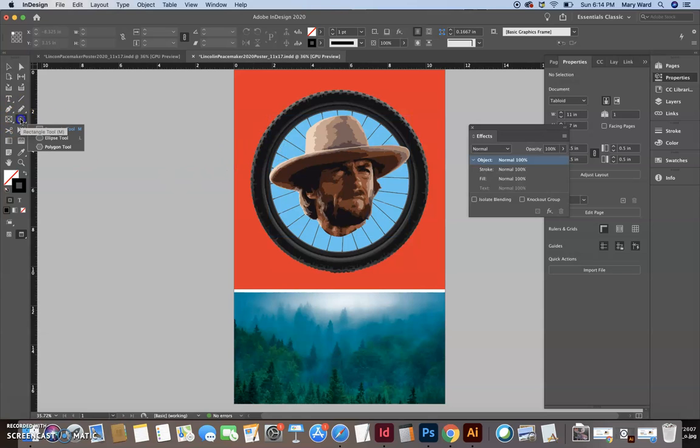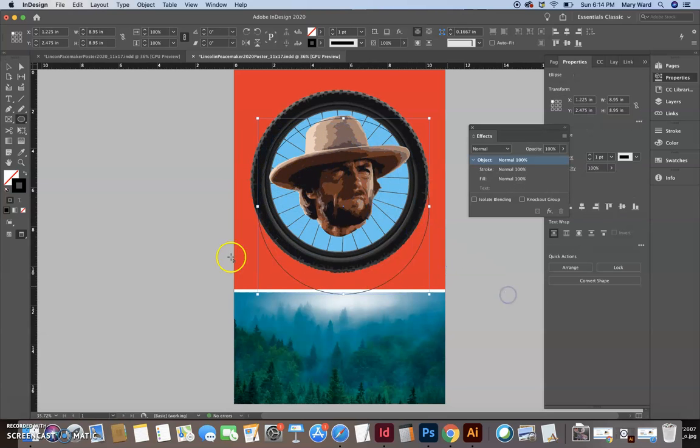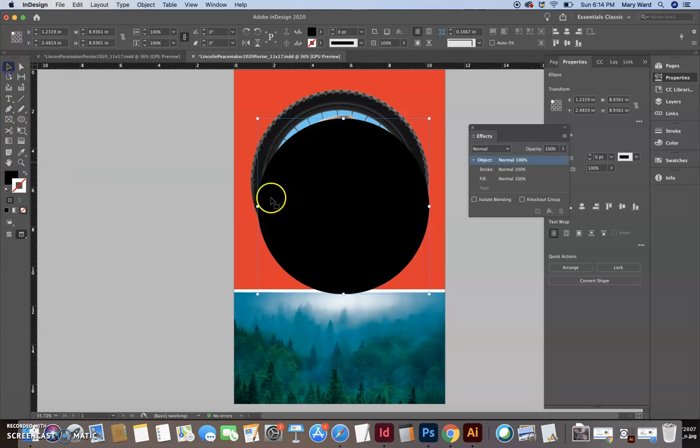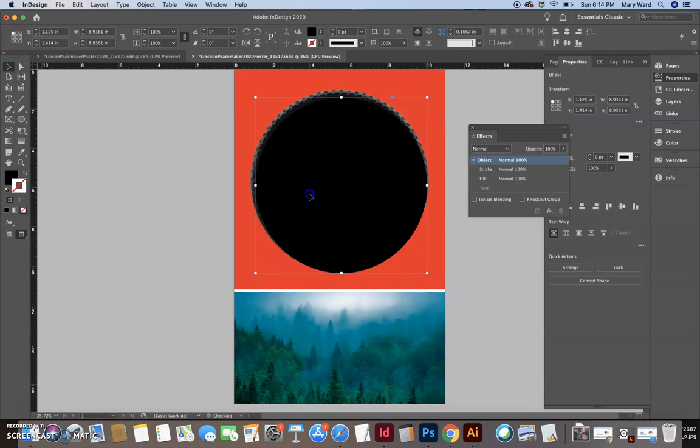If I click here and I do my ellipse tool, I want to do type on a path on a circle shape. So I'm just going to push shift the whole time to get a perfect circle. It already has this black outline, but I'm just going to fill it in so I can see it better. And then I'm going to position it over my bike wheel. I'm going to make it roughly the same size. I'm going to push shift down just to make it a little bit bigger, but roughly the same size as